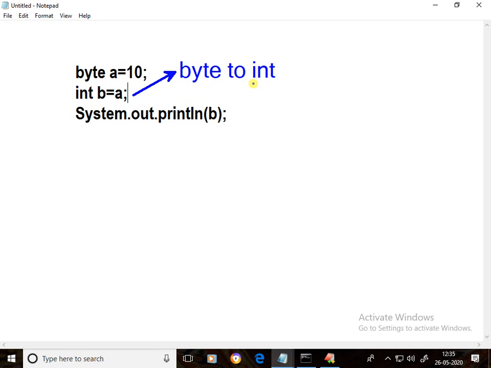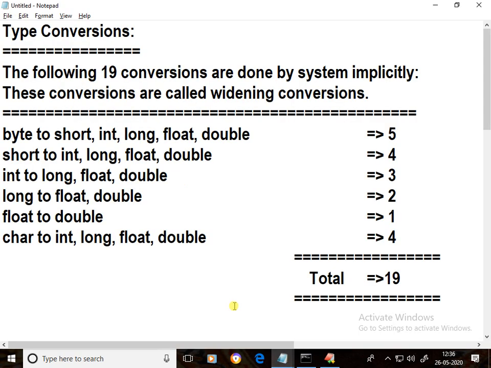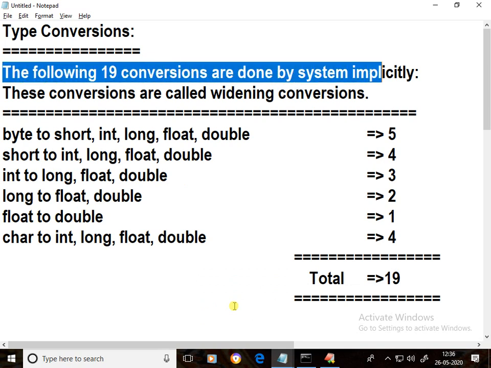Now this byte to integer comes under 19 conversions. The following 19 conversions are done by the system implicitly.